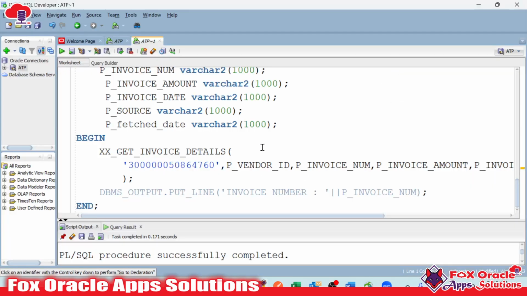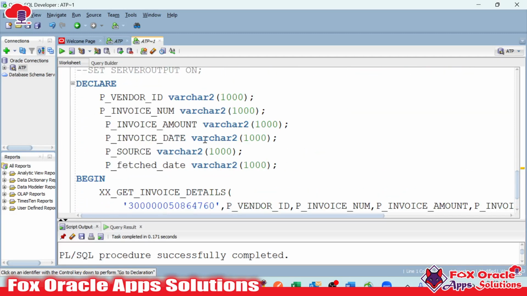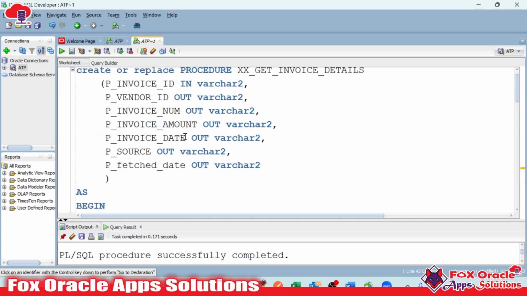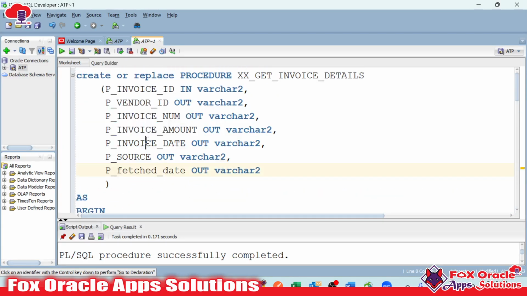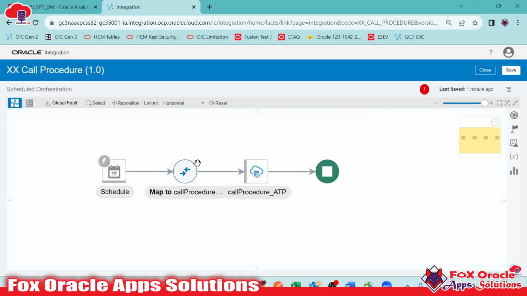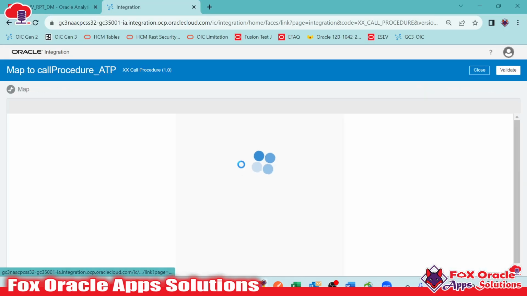As you can see in the procedure, we added the parameters. We added one IN parameter and the rest are OUT parameters. All the parameters that we added in the procedure will reflect in the mapping only. So here you can see we have the mapper. Once we open the mapper,